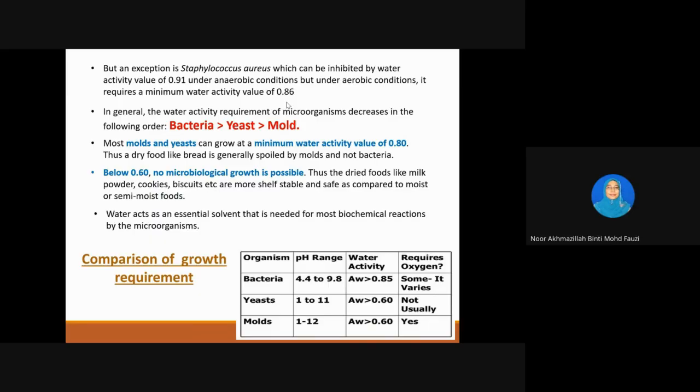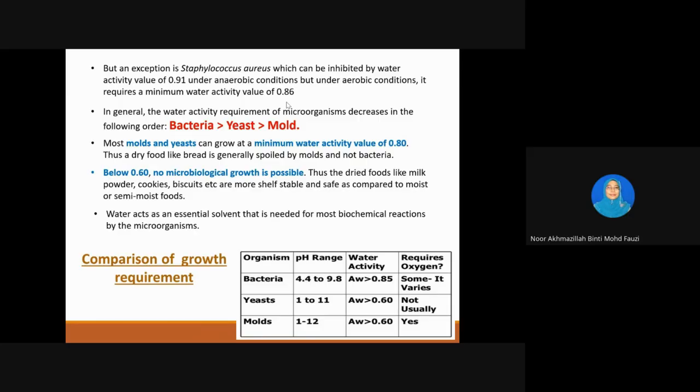That's why when you look at bread, for example, after a few days at room temperature, you can see the yeast or molds on the bread. It can easily spoil because that type of food, bread, normally has a water activity of 0.8, and below 0.6 no more microbial growth is possible. Thus dried foods like milk powder, cookies, and biscuits are more shelf stable and safe as compared to moist or